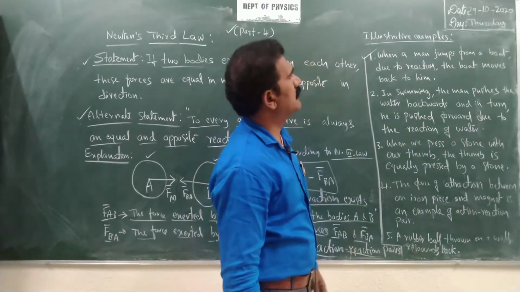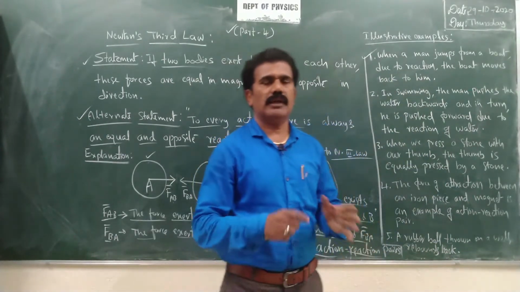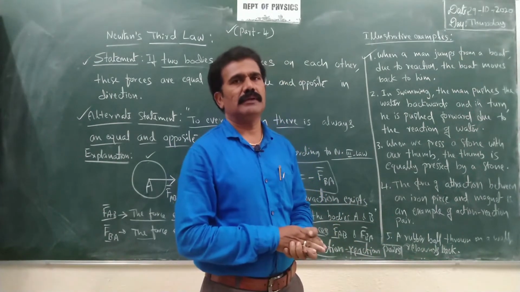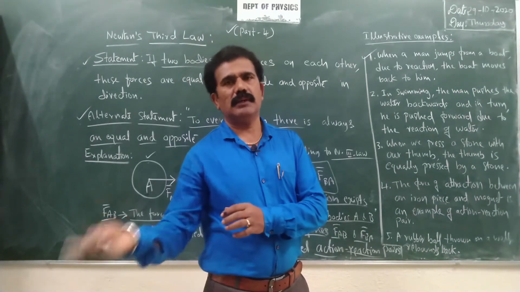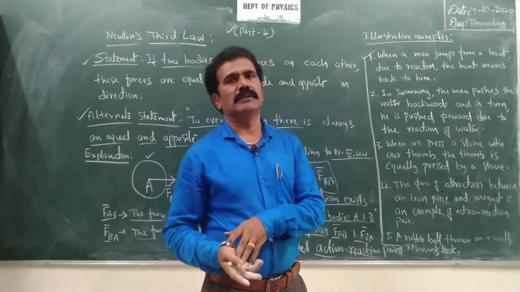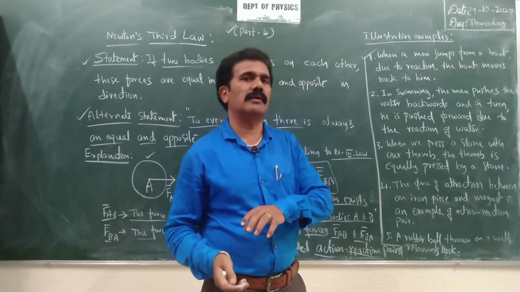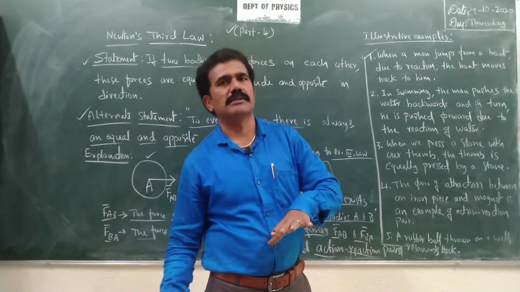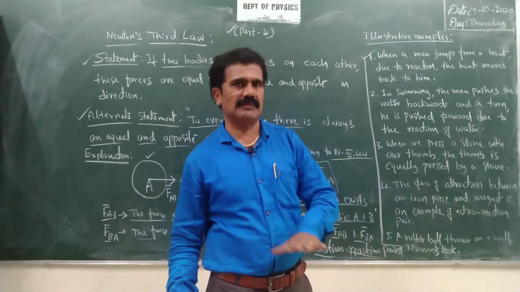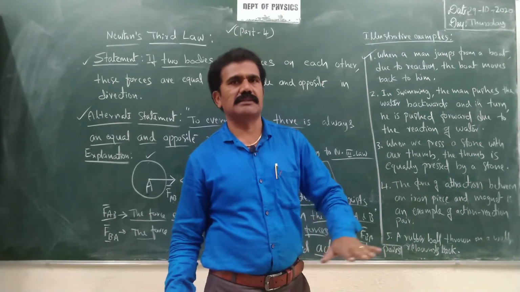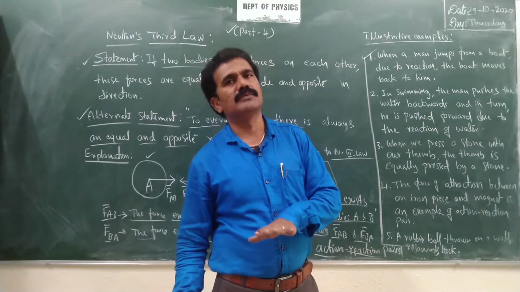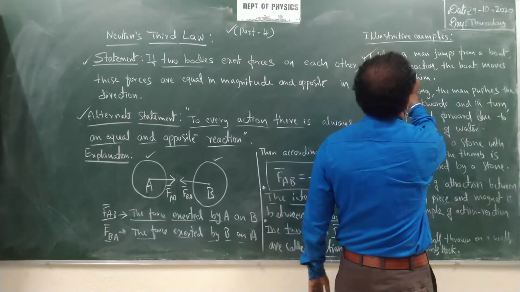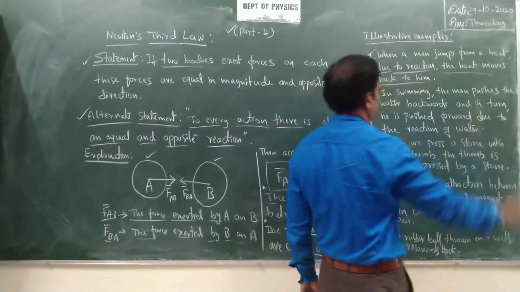So when a man jumps from a boat, the example is when a man jumps from a boat floating on the water. What happens? He jumps out of the boat towards the bank of the river, let us say. So what happens to the boat? The boat will move back, isn't it? He is jumping in the forward direction to the ground, whereas he is pushing back the boat because it is floating on the frictionless surface of the water. So easily you can observe that the boat is moving back, correct? So when the man jumps from a boat, due to reaction the boat moves back.